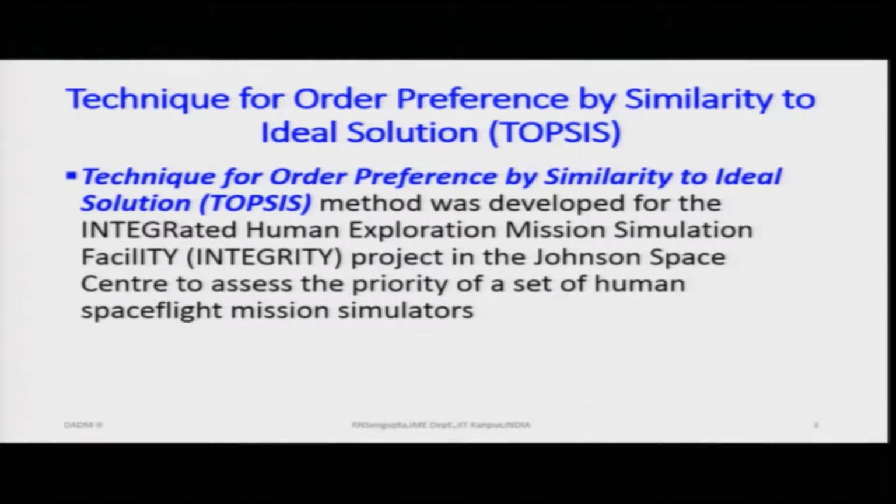So, they were simulating different types of spaceflight environments, and based on that, the concept is how you will try to find out the least distance and the worst distance, or the best distance and the furthest distance, in such a way that you can find out which are the best set of solutions and which are the worst set of solutions depending on the different types of criteria which you have. So, you are trying to compose a set of alternatives which are best, and a set of alternatives which are worst, based on a cumulative overall weightage computed from the criteria.